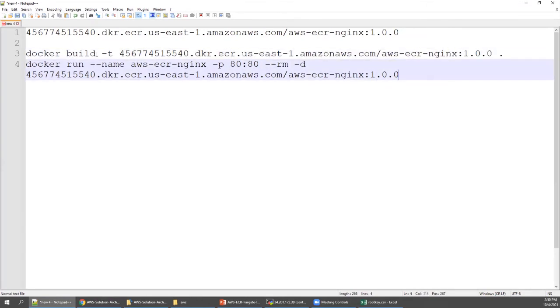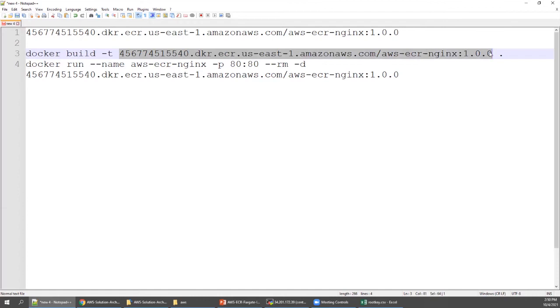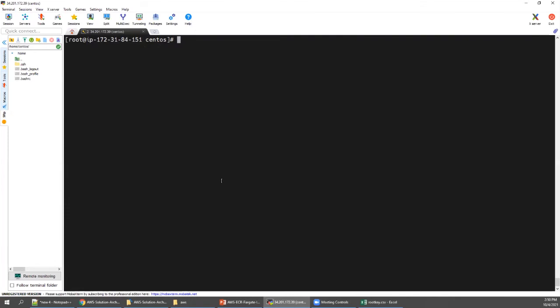So docker build -t with the tag. The image which we are building should be in this tag format, otherwise while pushing we will get an issue. That is why I asked you to explore the Docker administration full hands-on training series. So I'm going to copy this, clear the screen, and paste it.